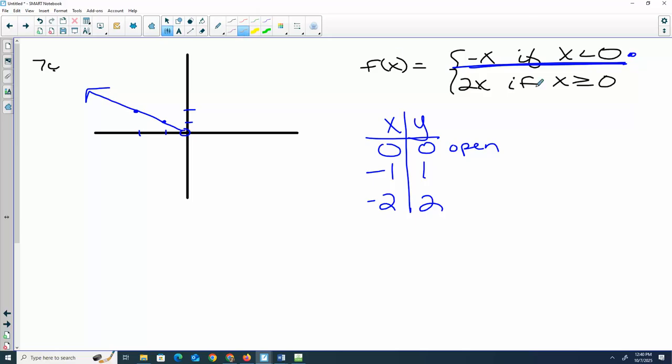Second piece. This one tells me when x is greater than or equal to 0. So I have to put in 0 and then things larger. Since it had an equal to, it will be a closed circle. So 2 times 0 is 0. 2 times 1 is 2. 2 times 2 is 4. What happens if you have an open and a closed circle at the same spot? It's just closed. And 2 and 2,